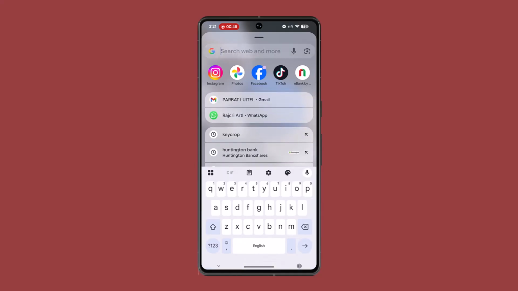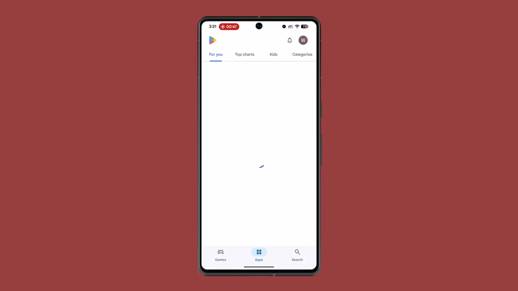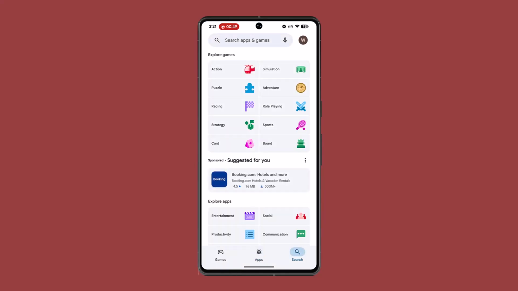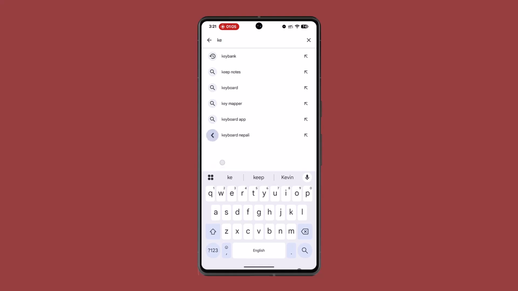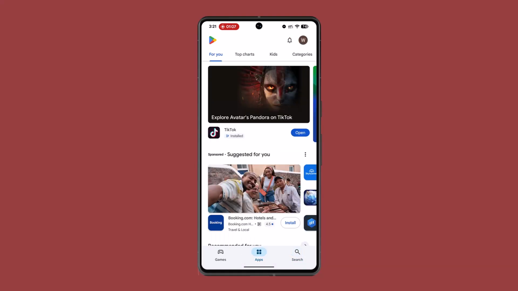So what you have to do is to update, you want to go to your respective app store and then type in your KeyBank on the search bar and update the app to the latest version. If that also doesn't seem to be working out, try reinstalling the app. That might also be able to help. If nothing works out, then the simple solution is to contact support team and they will be able to look